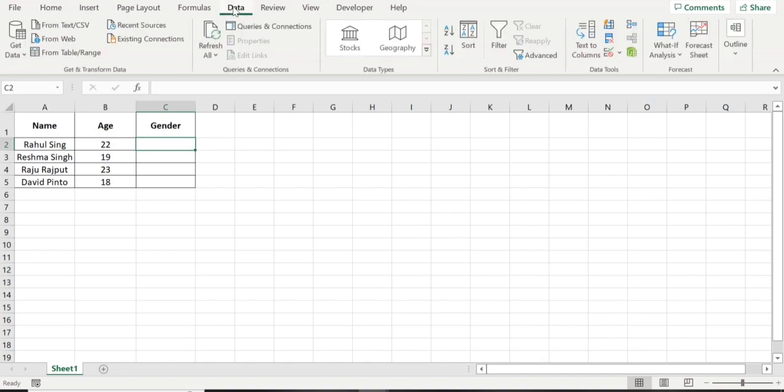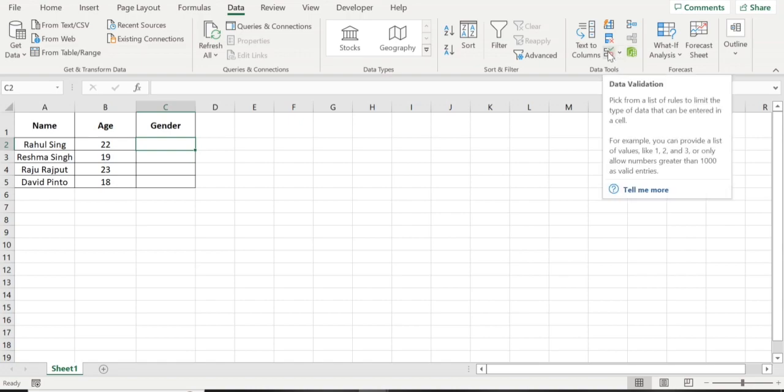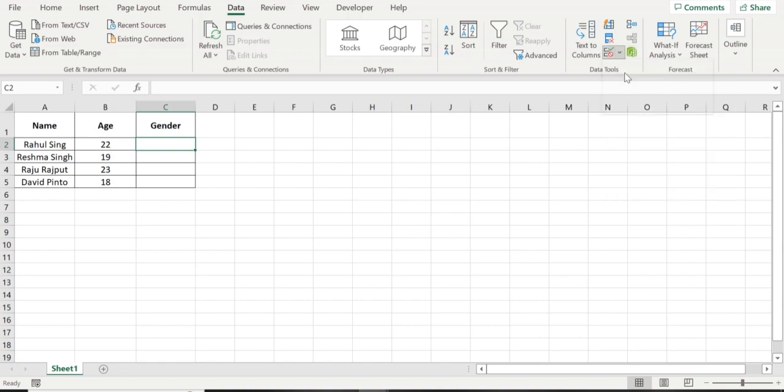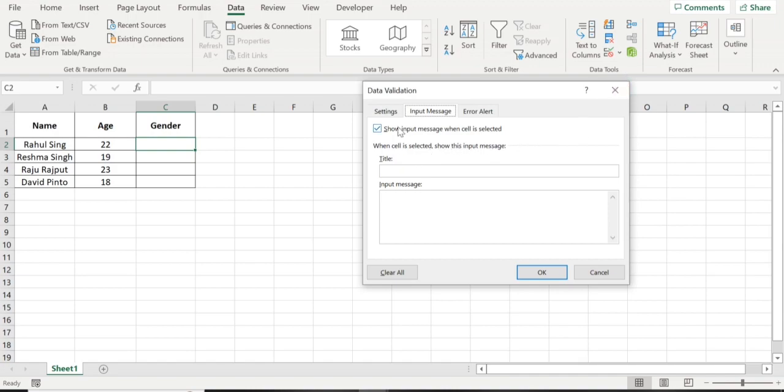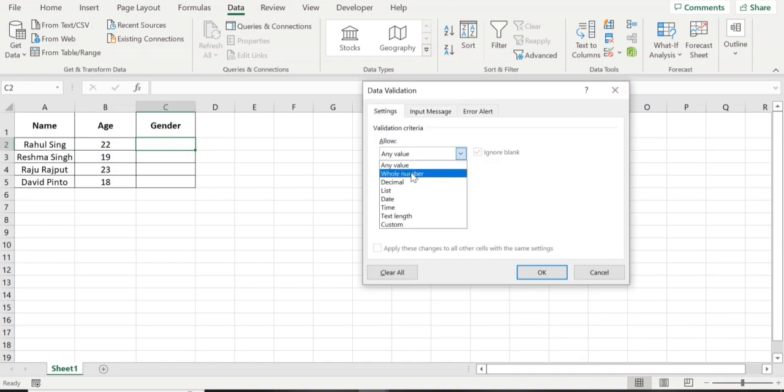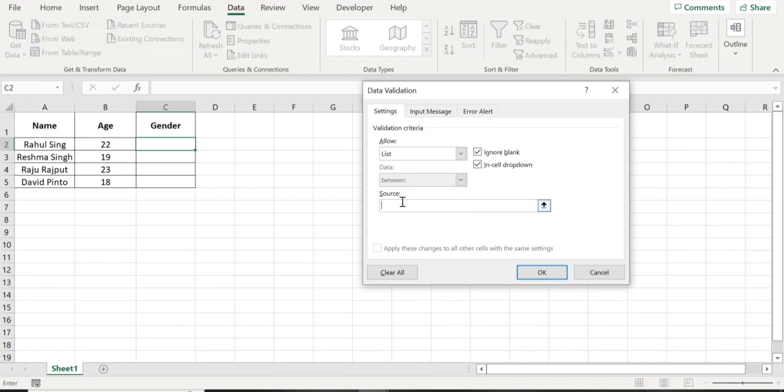Then we will go to the Data tab, then to Data Validation. We will select Data Validation. Here I need to select List. In the Source column we will type the options which we want in the drop-down list. For example, here we want male and female, so we will type male and separate it with a comma, then